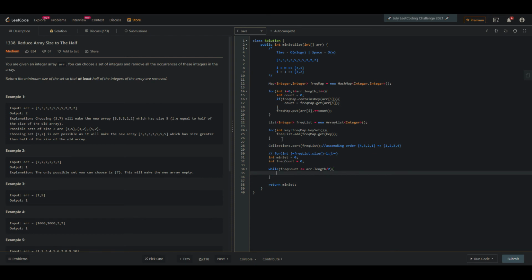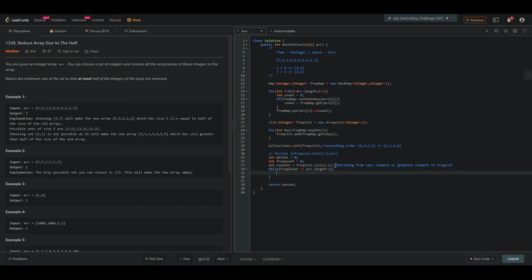So what we are doing here is we can keep a counter, and counter value will be freq list dot size minus 1. This counter is for iterating from the last element, that is the greatest element in the freq list.